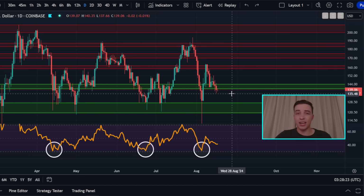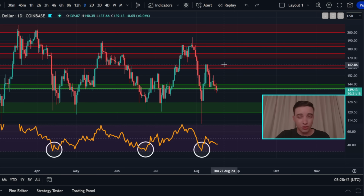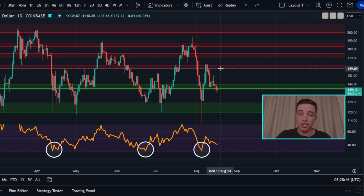And in case you're wondering about resistance levels for the price of Solana right now, of course, if we further confirm this break to the downside below 140 with candle closes below 140, and if we reject from that area, then in that case, 140 to 144 will become new resistance. And of course, we still have these other areas of resistance to the upside. First of all, at around 159 to 162, at around 170 to 175, and a significant resistance in between 183